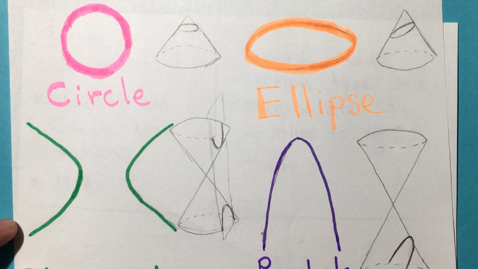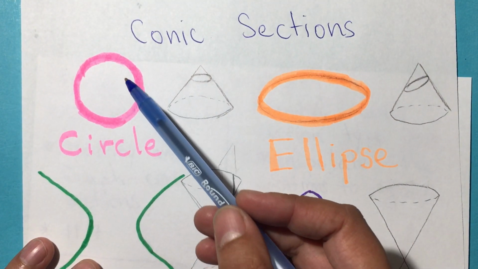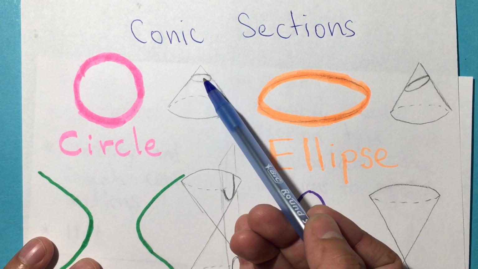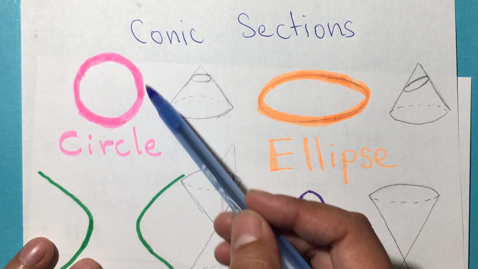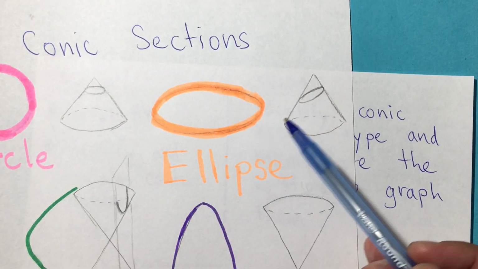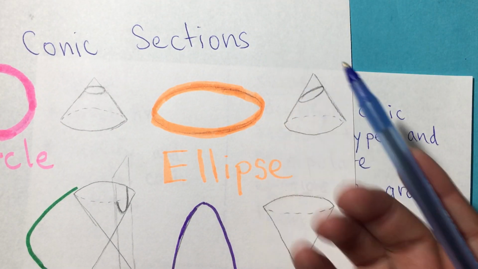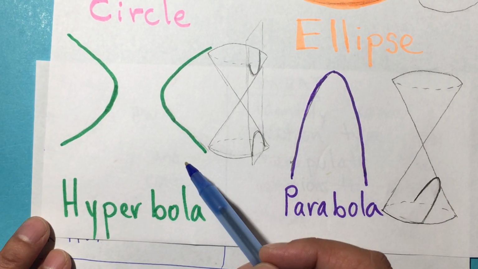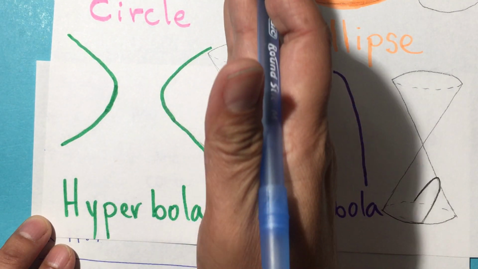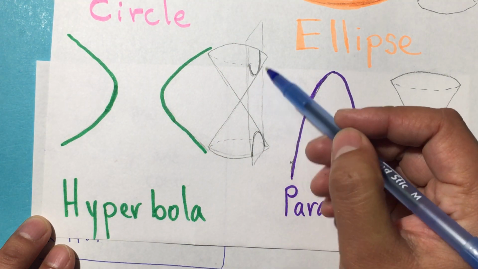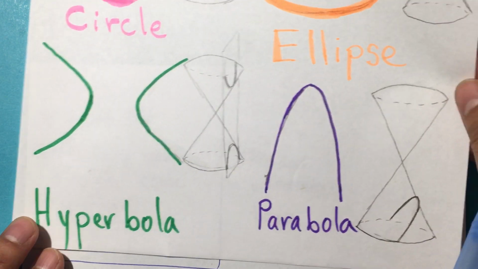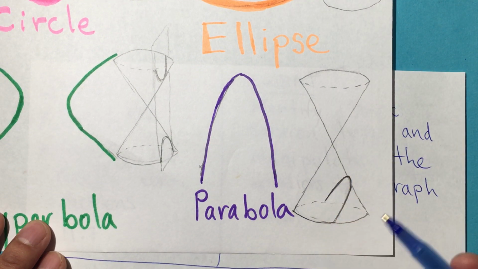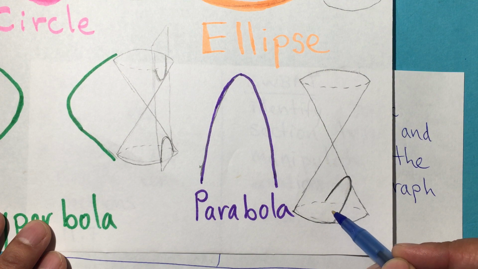Figures that come out from cutting cones. So if I'm talking about the circle, it's because on a cone you cut straight across the little tip of that cone and you end up with a circle. The ellipse is if you cut a little slanted, it forms an ellipse. The hyperbola is if you have two different cones and you cut straight down, then you get the hyperbola. And the parabola is if you cut slanted on one of the cones a little past the middle of